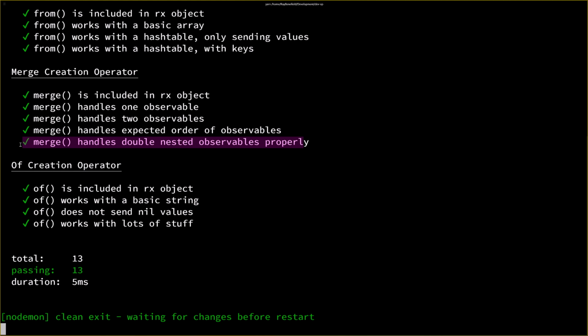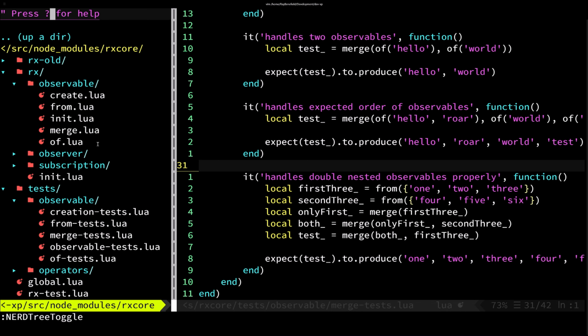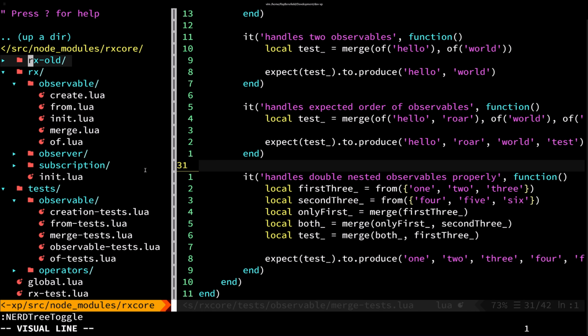This test is properly working, and essentially what I did was I took all of my old code and I put it right here in this old folder, and I started completely from scratch based on the implementation that already exists for RX Lua.